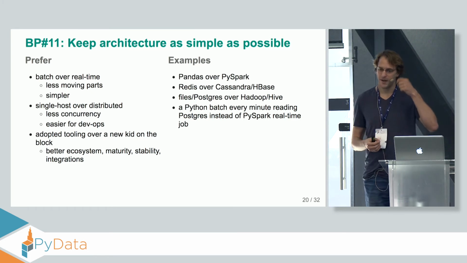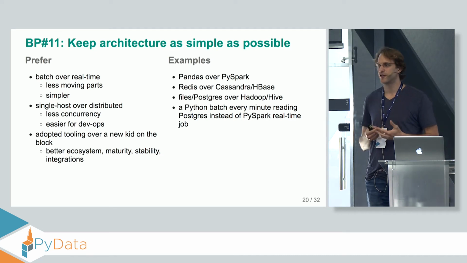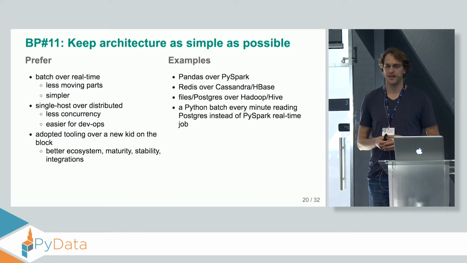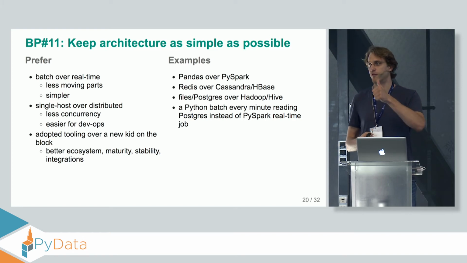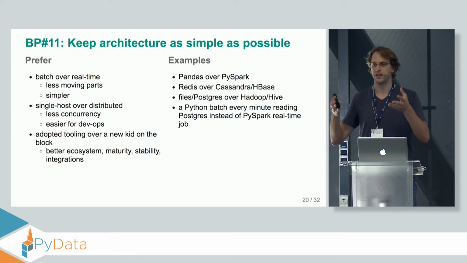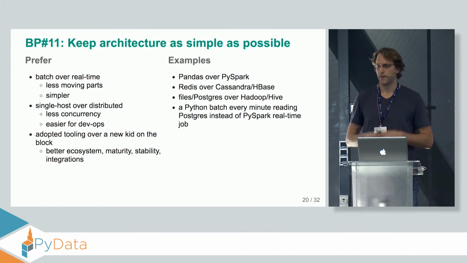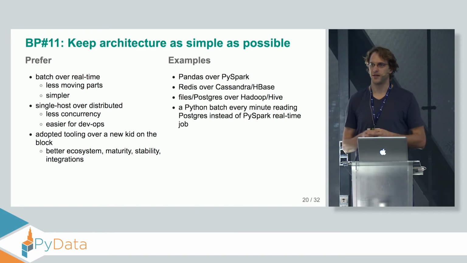And just be aware that that particular technology might be currently hyped and might be an engineering overkill to use in your particular situation. What I found is to prefer simple batch jobs over real time and single host over distributed. So start with batch, single host implementations and move to more complicated ones only if that is really needed. What this allows is also to grow your architecture organically based on problems rather than hype.